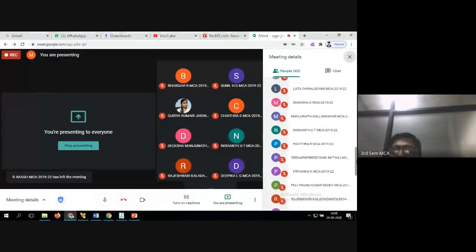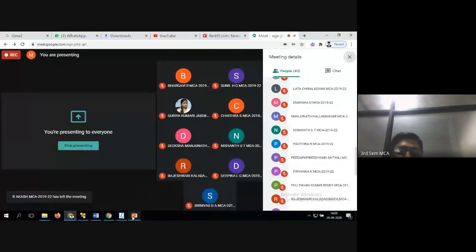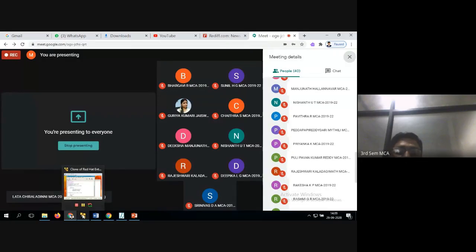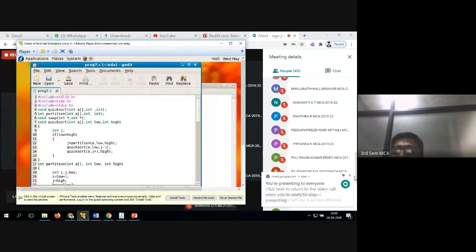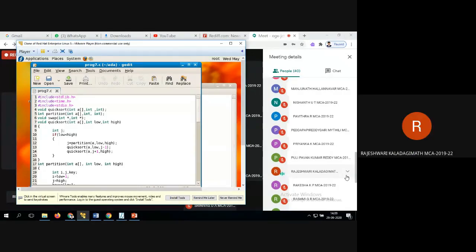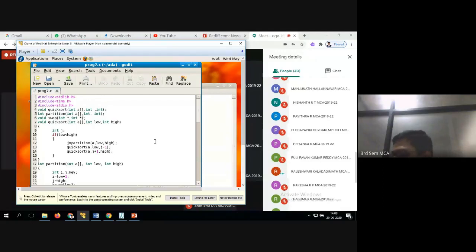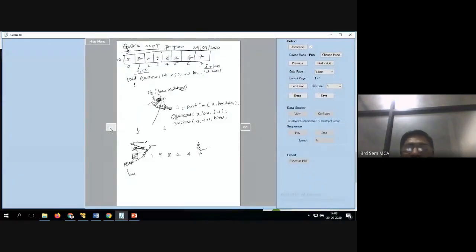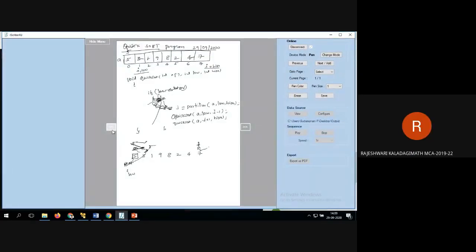Lata, absent. Where is Lata? Rajeshwari. Yes, sir. Yes, madam. Copied the code, whatever I told in this one? Have you copied? Yes, sir.